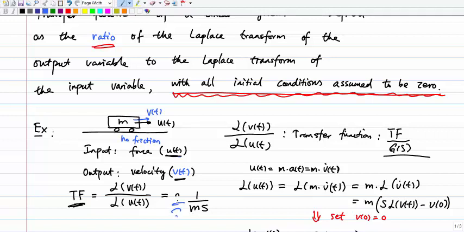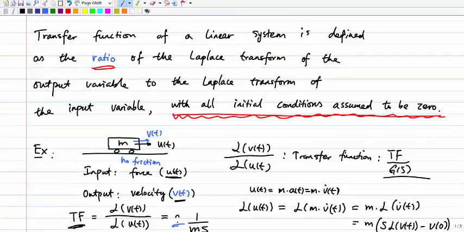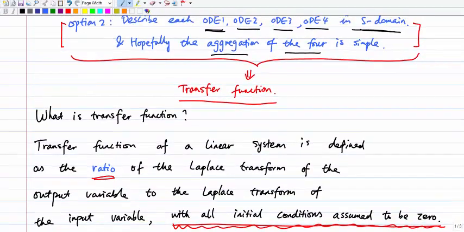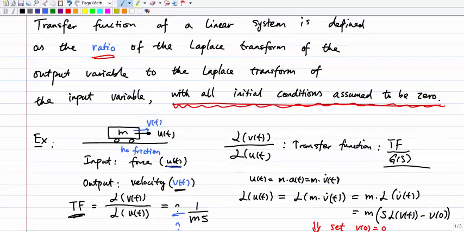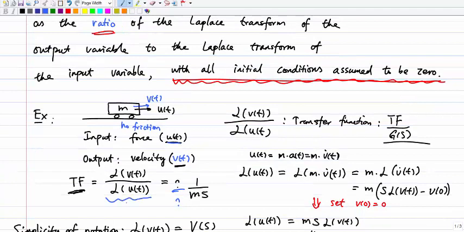Of course, I don't know what that is yet, so I'll have to figure it out. Remember we have to go back to the time domain, because the relationship is defined in the time domain. To compute this, you have to find a relation between v of t and u of t, some relationship, right? The differential equation. So this is driven by